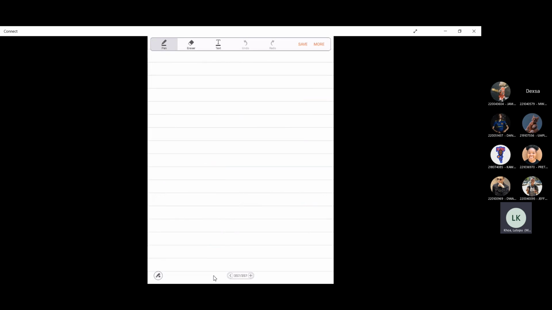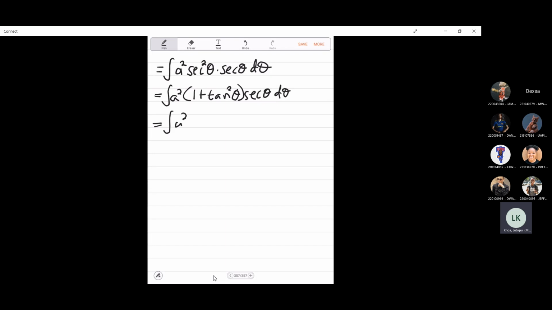So this is the integral of a squared sec squared theta times sec theta d theta, integral of a squared 1 plus tan squared theta sec theta d theta,